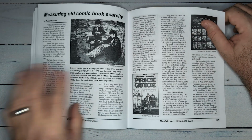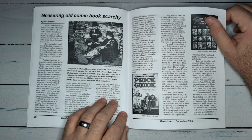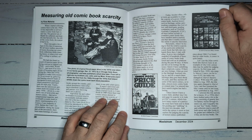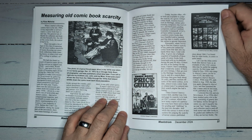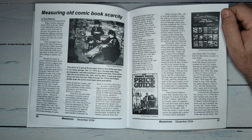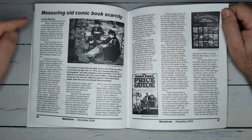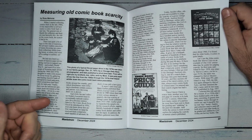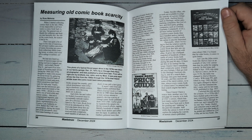He actually, I think, drew the cover for some of the old Small Press Comics explosions right at the beginning of the time that it went big on the direct market. And I think it was his cover that attracted me to it in the first place. Anyway, measuring old comic book scarcity. He talks about how the old comics,